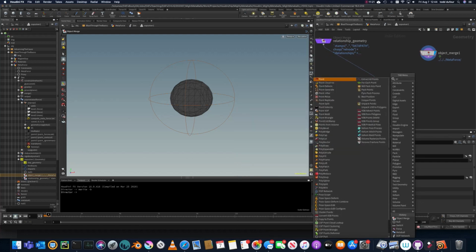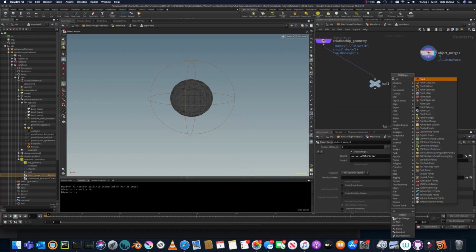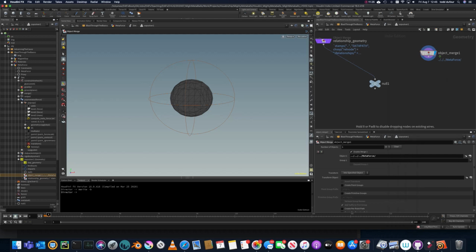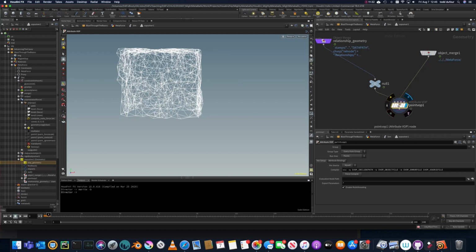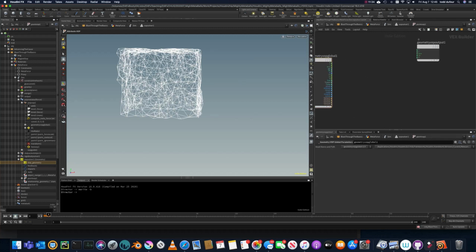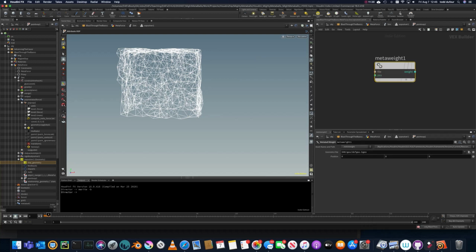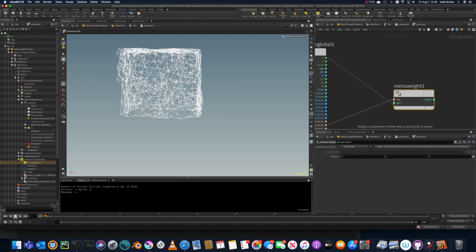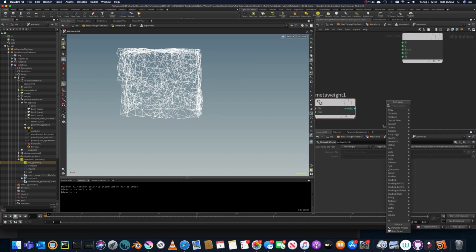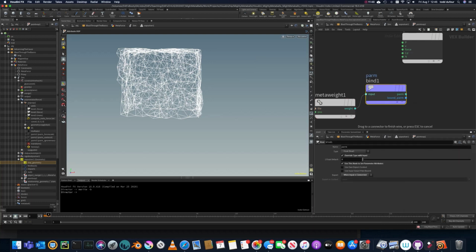For the sake of this, and I usually write this in VEX, but it's a little bit easier to do this with a point VOP, and I know it's a little angry. That's all right. Houdini likes being angry. So meta weight, Metaball weight is the function we're looking for. We're going to use the second input, plug it in there, plug this in here, and tab bind export, and we're going to export our weight,